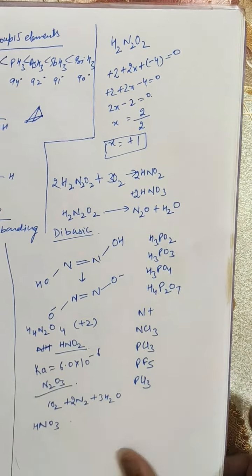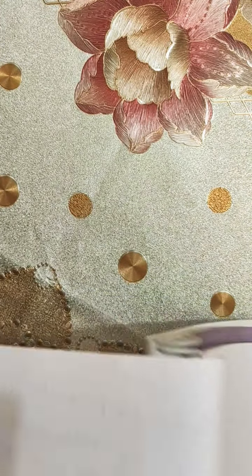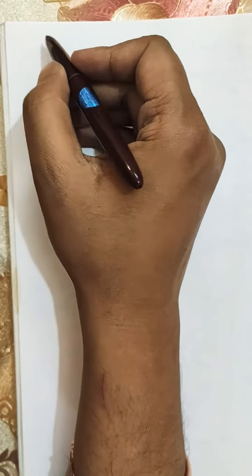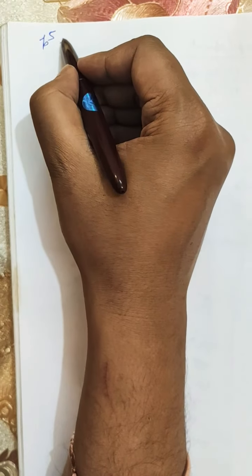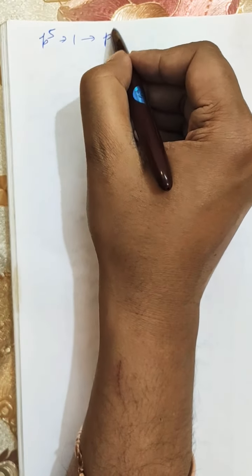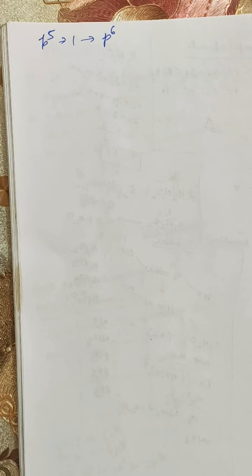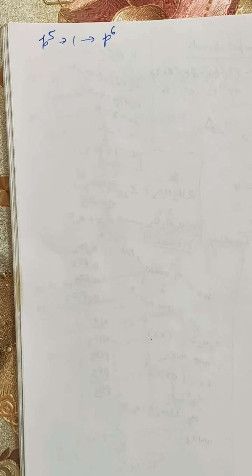So first of all, what are halogens? Halogens are the group 17 elements like fluorine, chlorine, bromine, iodine, and you know well that they are highly electronegative. Their outermost electronic configuration is p5. It means they just need one electron to get converted into the p6 configuration, the next noble gas configuration. You must know that among all of the halogens, astatine or At is the radioactive halogen. That can be asked in the exam, which among the following is the radioactive halogen. So you must remember that astatine is the radioactive halogen.